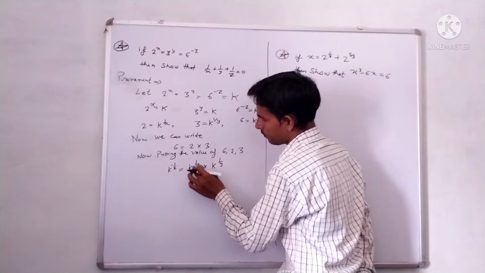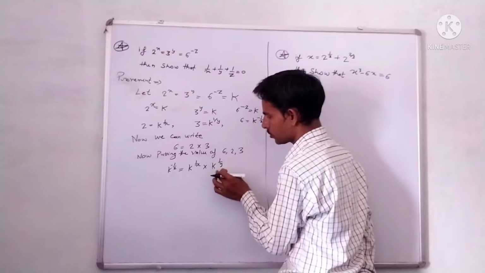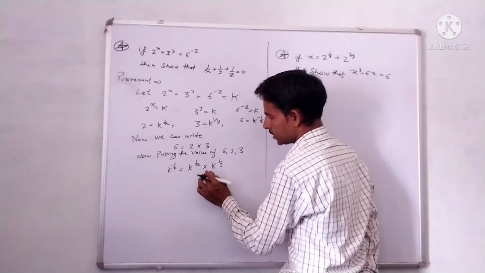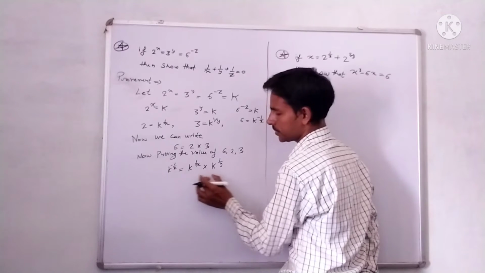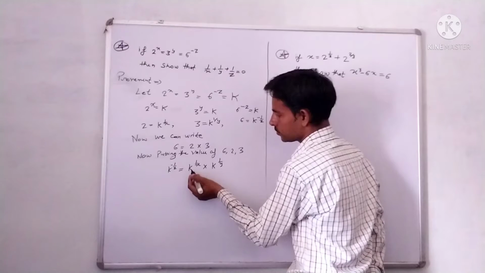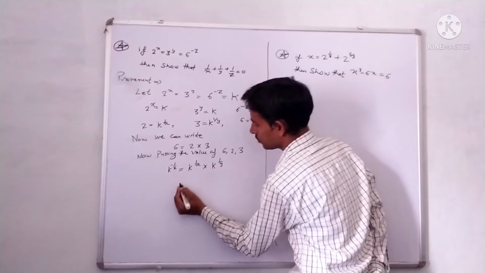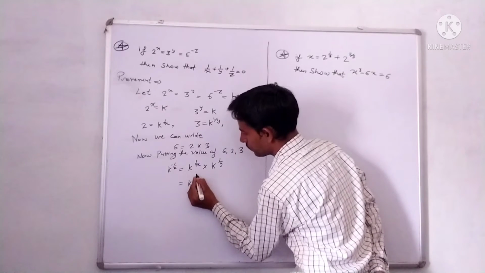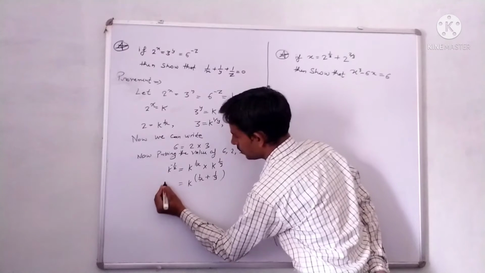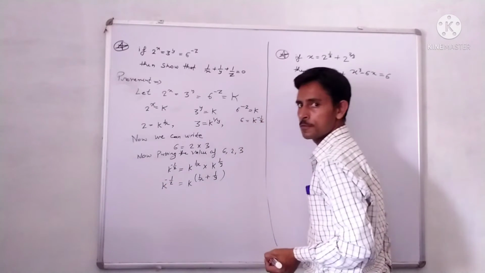Here we are looking in this line that in this value, base equal k and exponent equal 1 upon x. And in this value also base is k and exponent is 1 upon y. So there is a multiply sign between these two values. So we know very well that when two values have same base, then we can add the exponents. We can write k power 1 upon x plus 1 upon y equal k power minus 1 upon z.